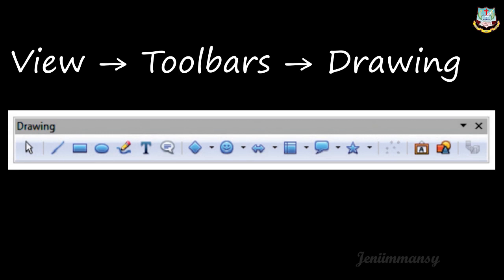You have selected the shape from the drawing toolbar, and then you have to place the mouse or the arrow in the place where you need that shape or that object, and you can just click it and drag it in the height or how much width you need. In that much you can drag the mouse and you can release the mouse button.